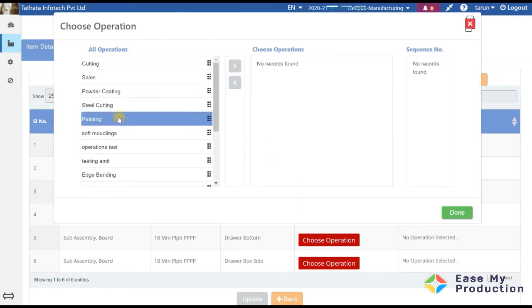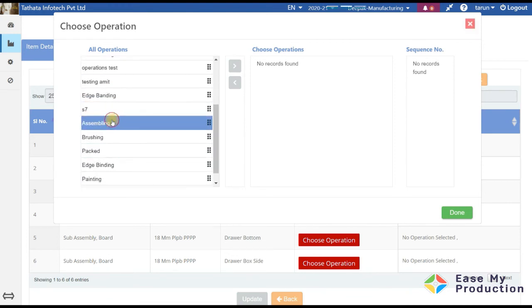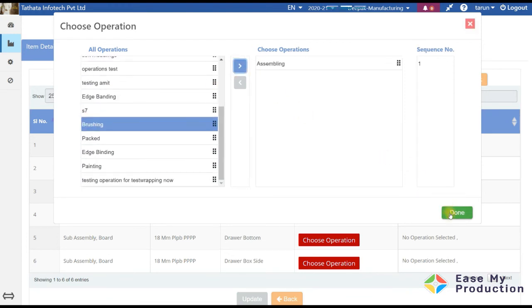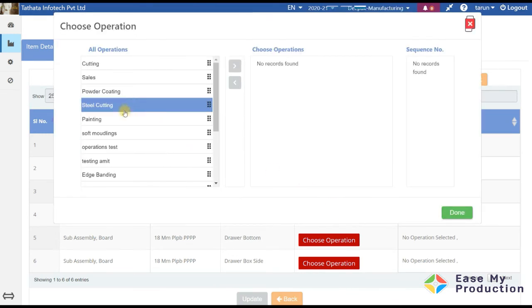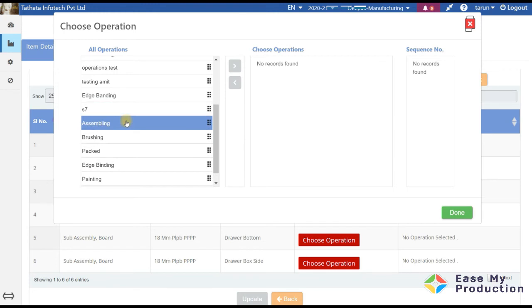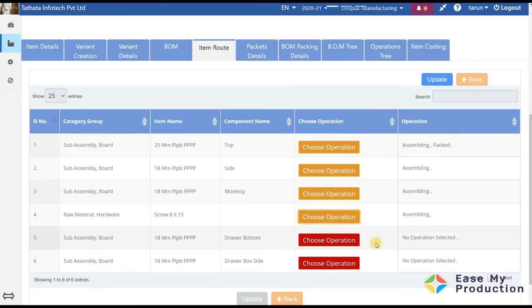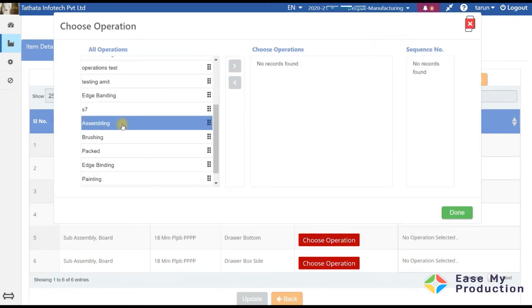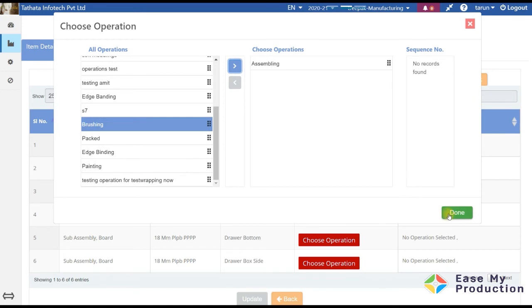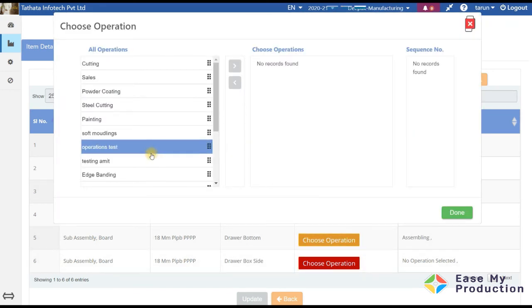Here also again I will choose assembly. The screws will also go in my assembly. Drawer bottom will also go into assembly. And drawer side will also go into assembly.